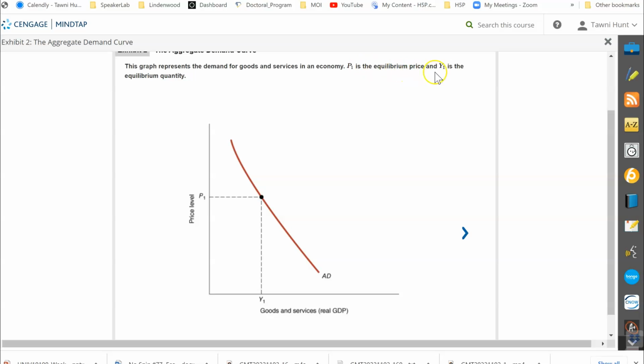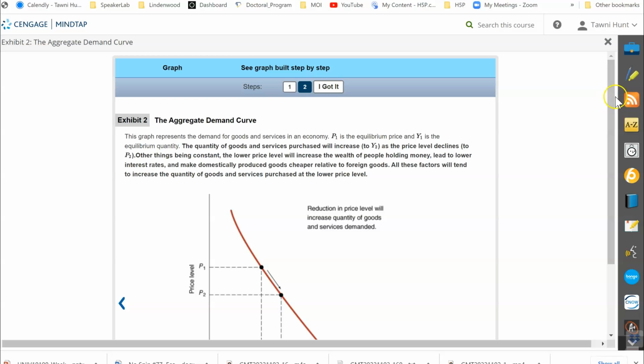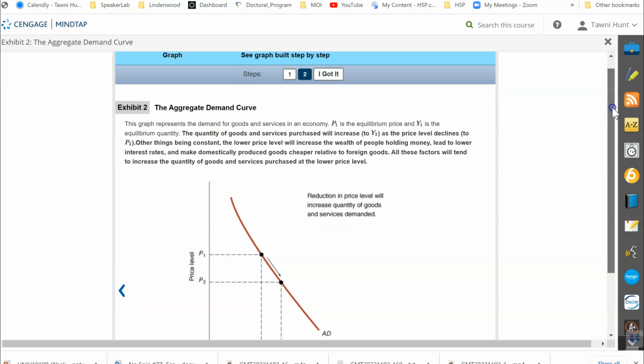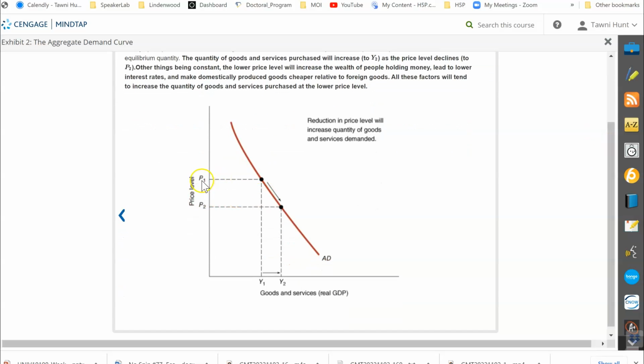P1 is the equilibrium price right here, and we have the equilibrium real GDP level, and that's Y2. When we move on, we say, okay, what happens when prices fall? That is across the economy. We'll see an increase. When aggregate prices fall from P1 to P2, CPI falls from, let's say, 100 to